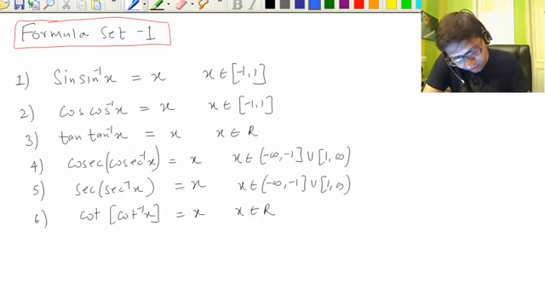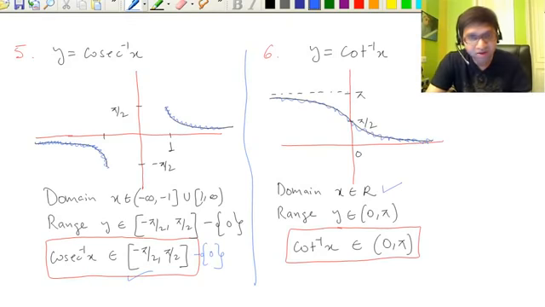So you have to remember all these 6 graphs, and all the principal value branches, and also that we can split these 6 inverse trigonometric functions into 2 categories. In the first category we have sine inverse x, tan inverse x, and cosec inverse x, where the principal value branches are between minus pi by 2 and pi by 2. In tan inverse, endpoints are not included. In cosec inverse x, endpoints are included but 0 is missing. But in case of sine inverse x, endpoints are included, and no number is missing in between.